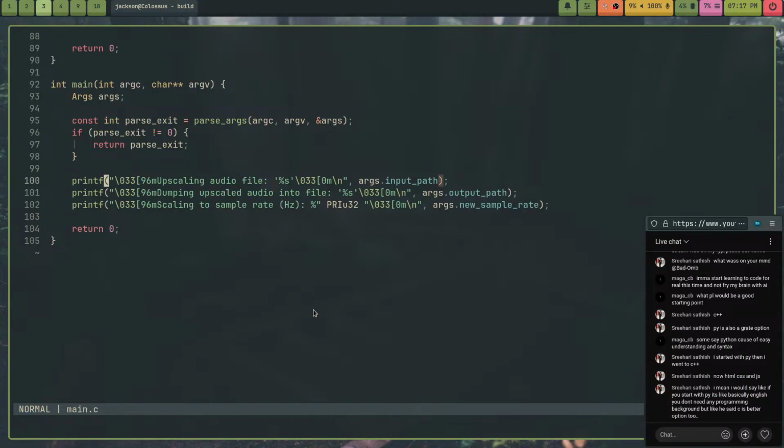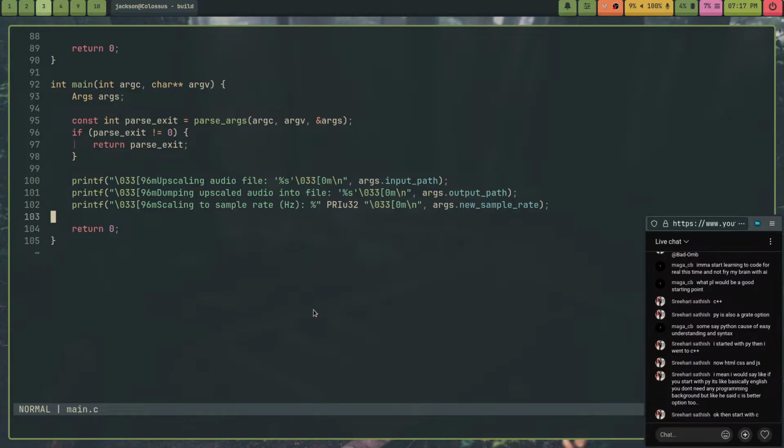Yeah. Well, yeah, if you program in English, that's not really programming. It's kind of challenging to find a fault with starting with C, because it's literally the perfect starting point, because